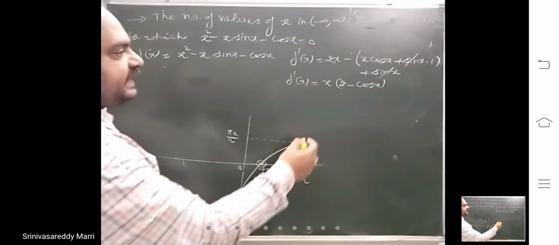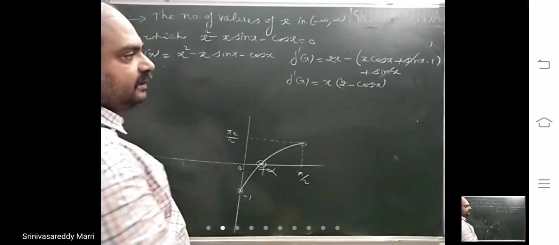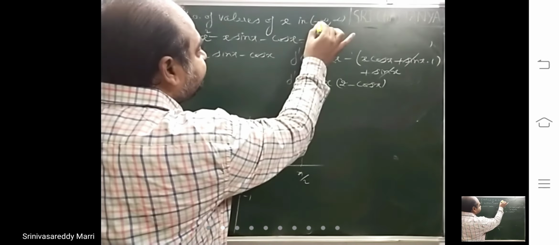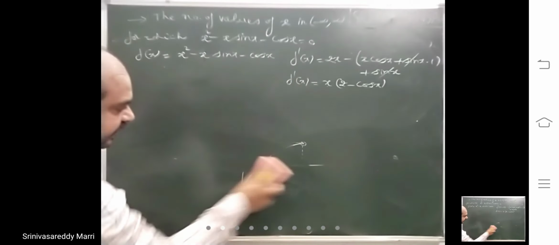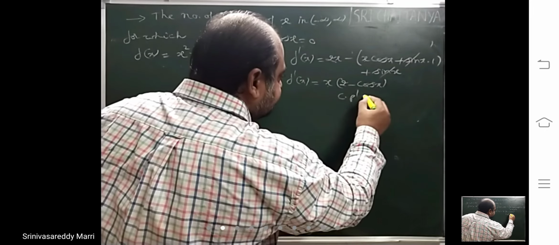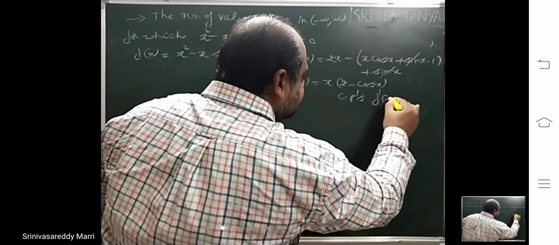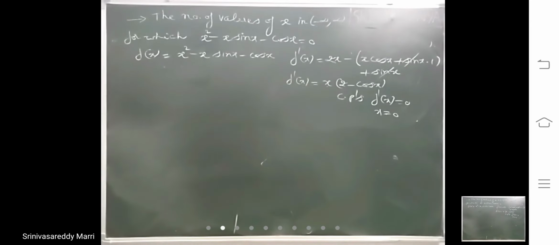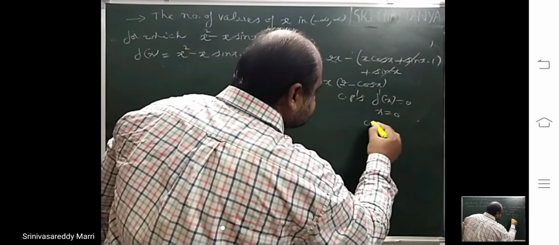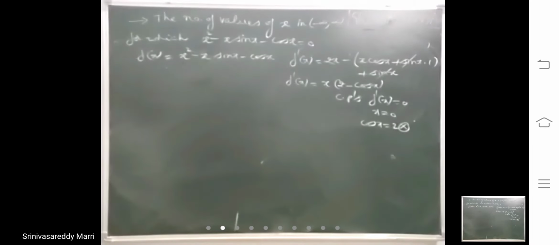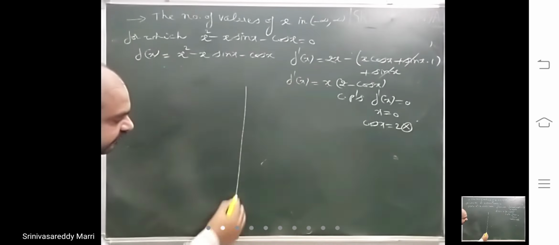Now here you cannot say directly whether this is positive or negative. Look at 2 minus cos x, it is always positive. Look at x, it is there from minus infinity to infinity, it can be positive or negative. So look at the critical points, in which interval it is increasing, in which interval it is decreasing. How many points did you get? X equal to 0 and cos x equal to 2. You won't get any x value for this because the maximum value of cos x is 1 only. So now look at, I am constructing the graph.